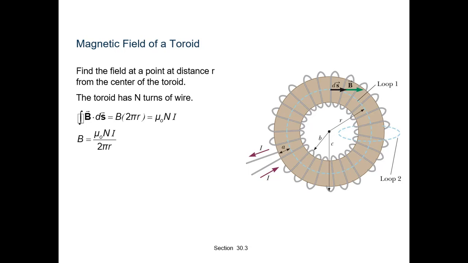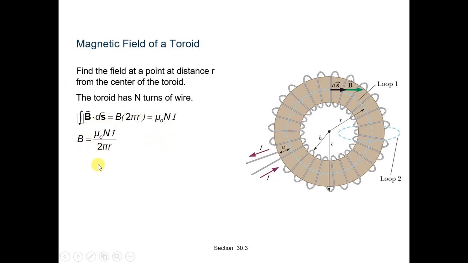Let the magnetic field inside the toroid be B. We shall now consider the magnetic field at a point on the loop. L is equal to 2 pi R. The current enclosed is N times I, where N is the number of turns of the toroid coil. So B times 2 pi R is equal to mu 0 N I, so B is equal to mu 0 N I upon 2 pi R.